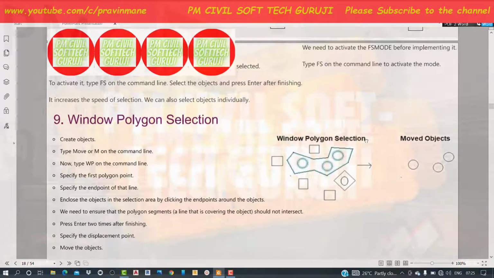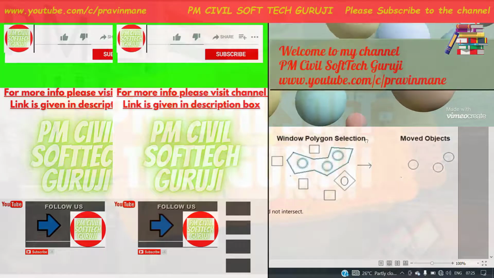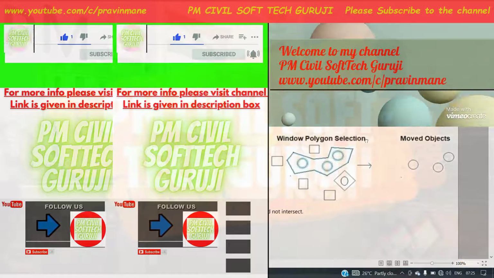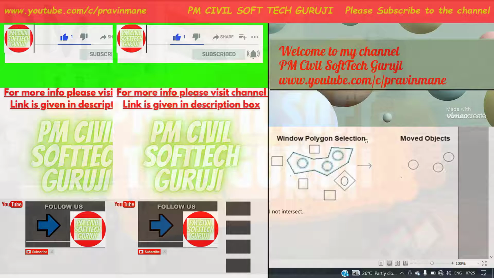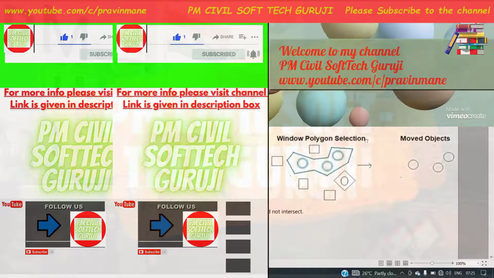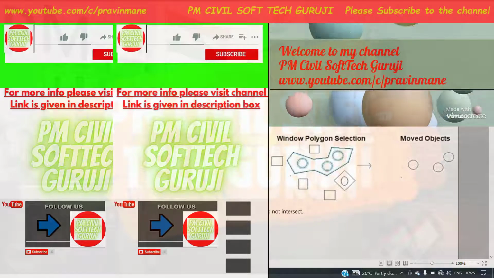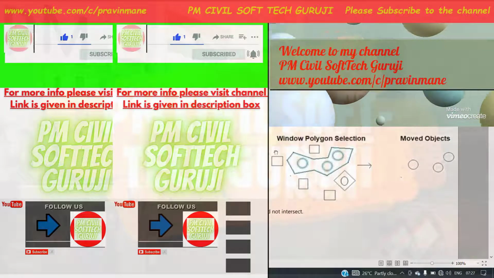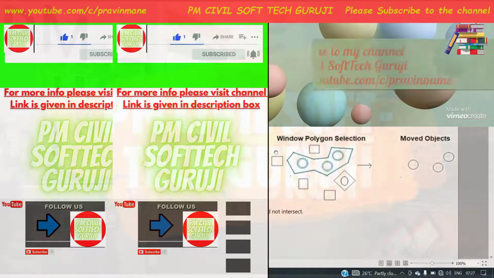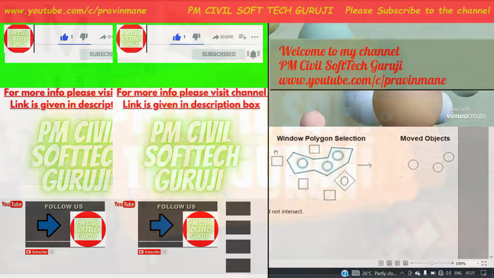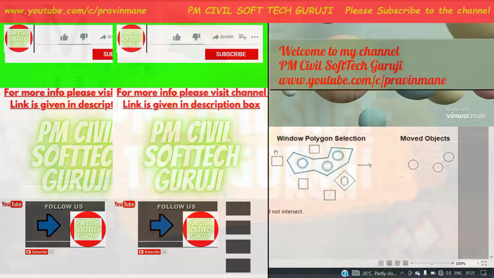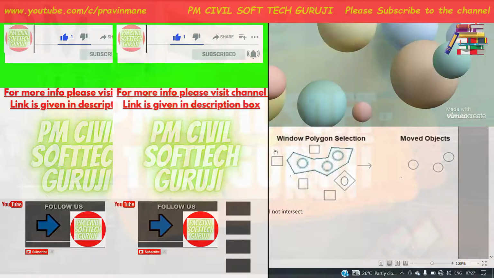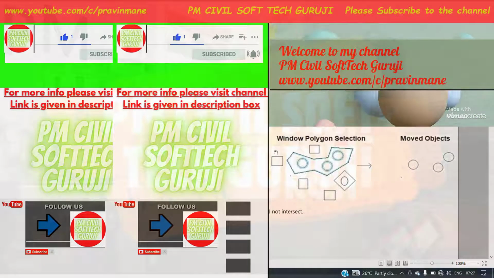Now fast selection. As far as fast selection is concerned, it selects the object transparently. All the objects touching it will be selected. To activate it, type FS on the command line.